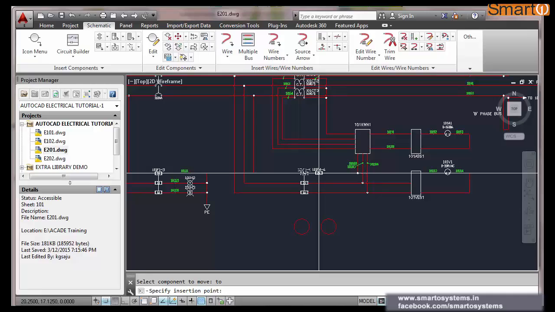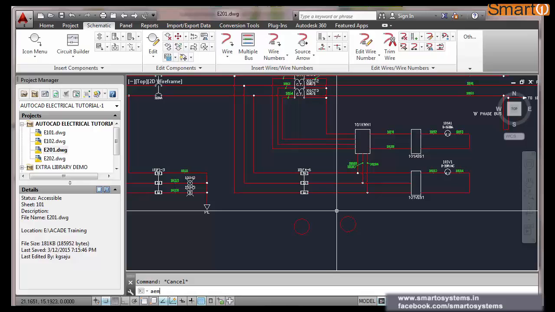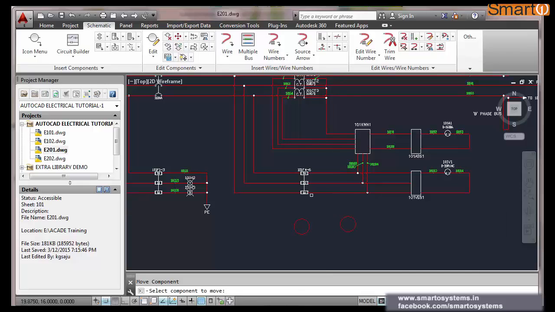See, by simply typing move, it will ask you to select the objects, right? But if you type AE move, AutoCAD Electrical move, it will ask you to select the component.